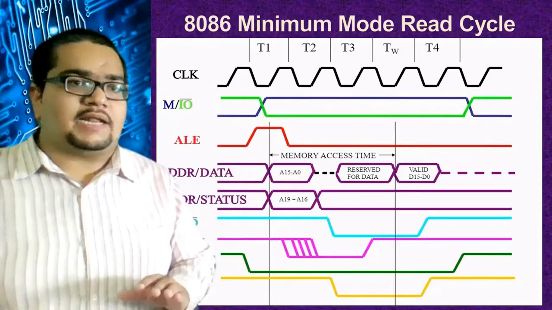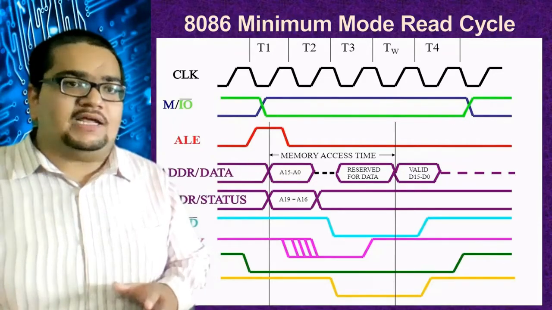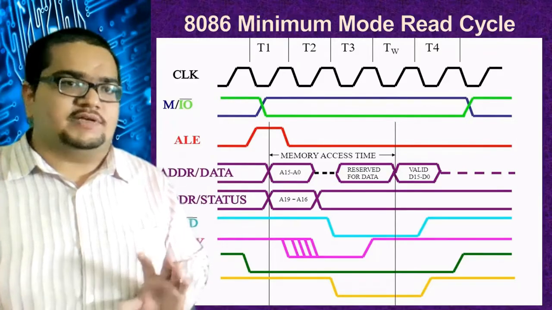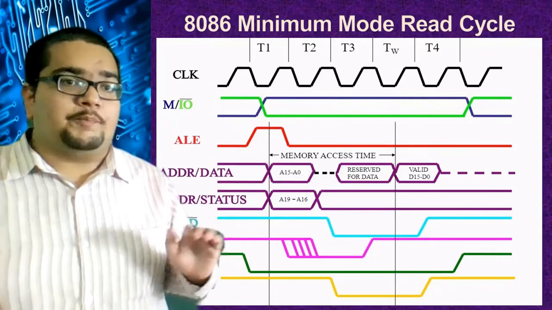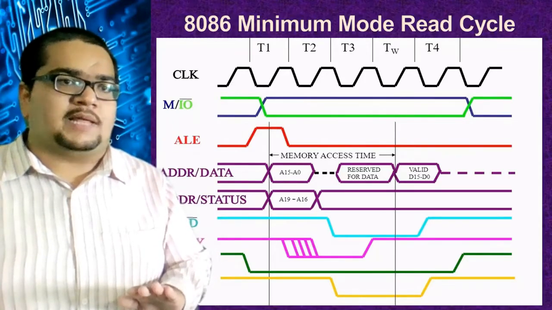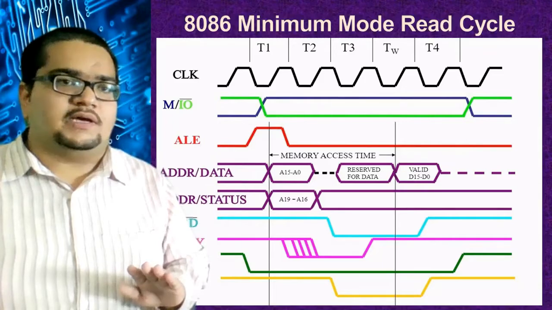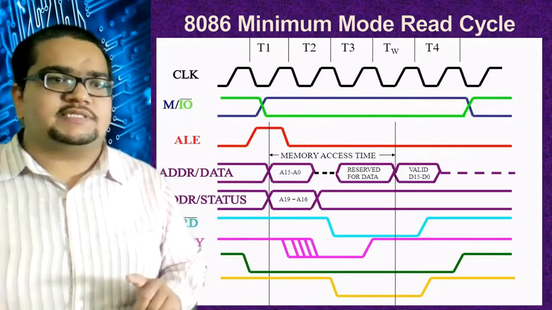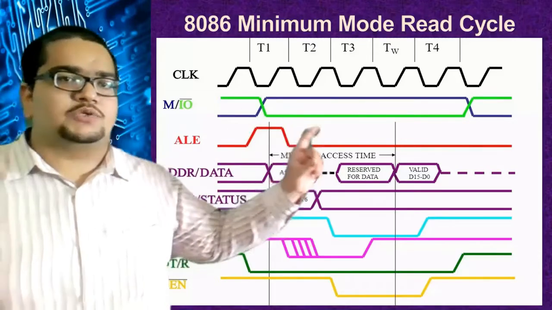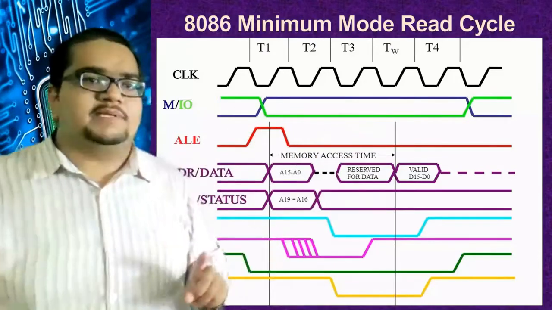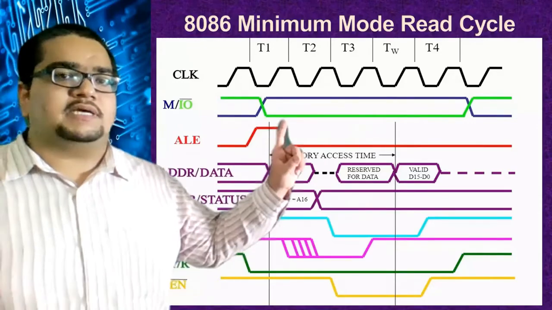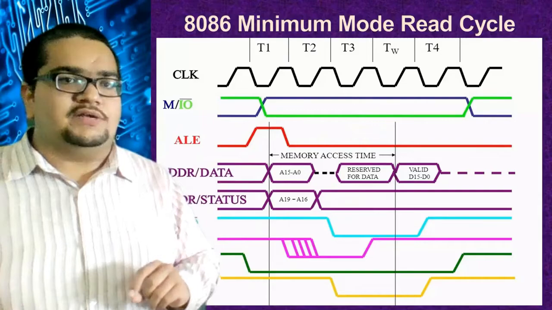When this particular line is low, that means the reading of data is going on between the processor and the input devices, IO devices basically. So IO means low. When it is low, it is for IO read type of communications. Read or write obviously, but here as we are seeing the read cycle, when this line is low, the green line you can check, it is low throughout the whole machine cycle. That means here the data read operation can happen from the IO devices.